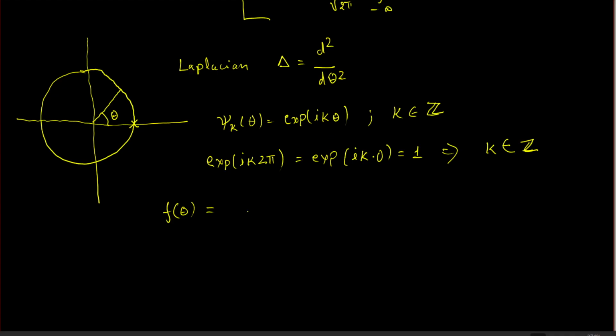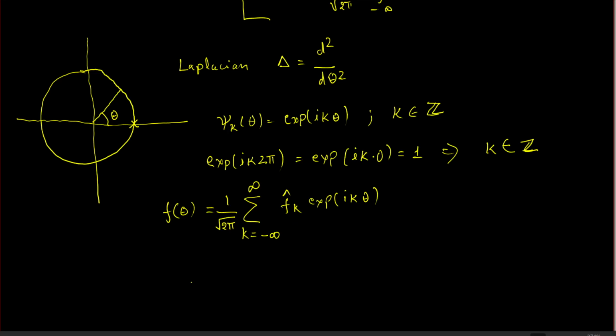Because k is an integer, this expansion will be an infinite sum instead of an integral, the sum of f cap k exponential i k theta. Again, we are introducing a conventional factor of 1 by square root of 2 pi. So this is our Fourier series for the case of functions on a circle,